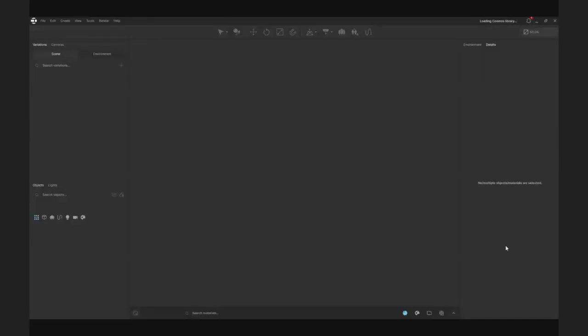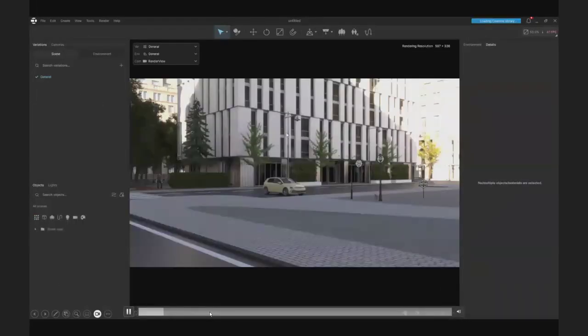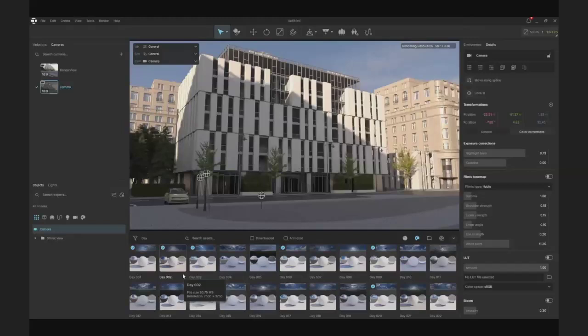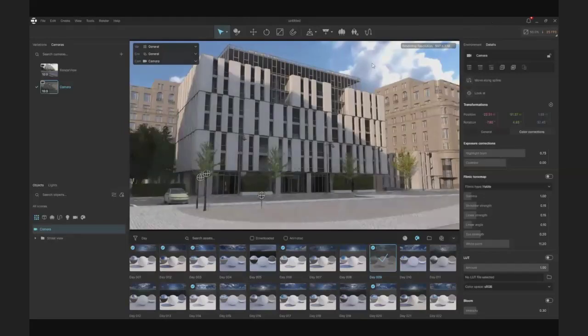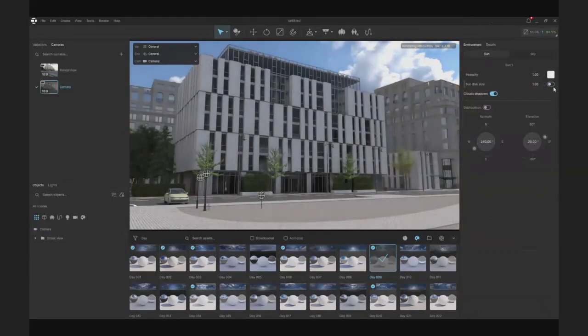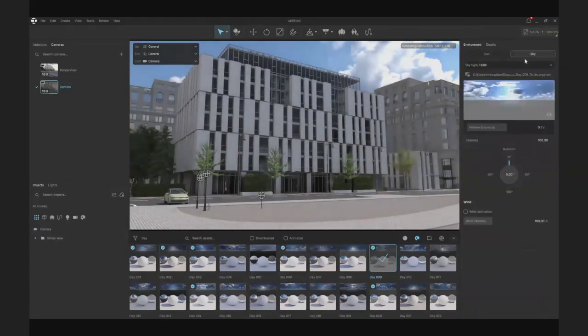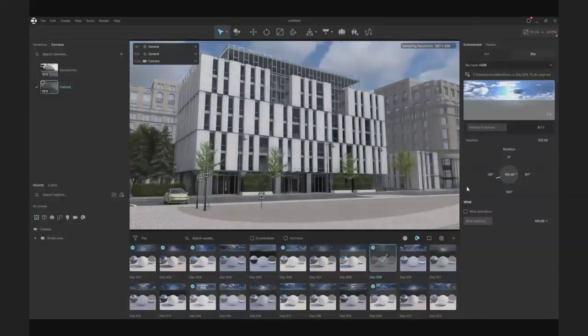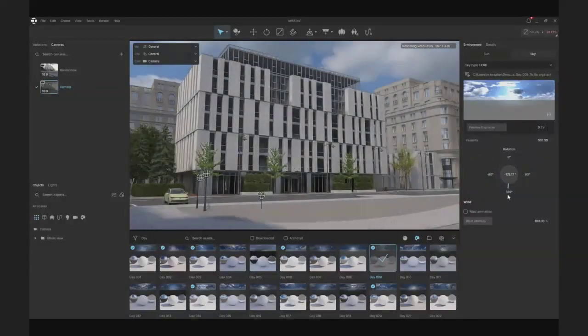And what to do with that V-Ray scene file? This is the viewport of Envision. We can open the file from the open menu and we'll have it. I will go really fast here. We can move around in real time. We can take a sky from the library and then we can disable the sun because we will have the sky, or keep it if we want. We can rotate the HDRI that we just dropped down from the library and achieve a different look every time.